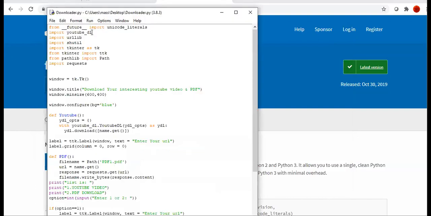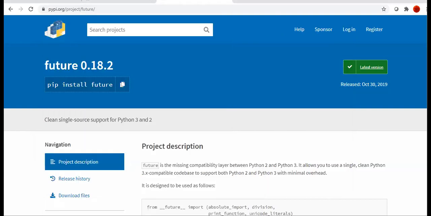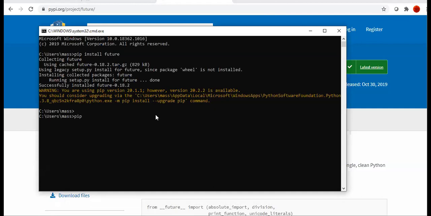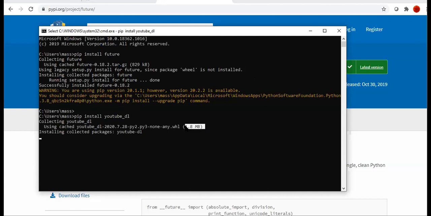Then utipdl, you just copy it, then give it here, pip install utipdl, and see what will happen. It will install all the modules inside utipdl. Utipdl is a module inside the pip package library. So it will take some time to install everything, because each one has some amount of memory and libraries.